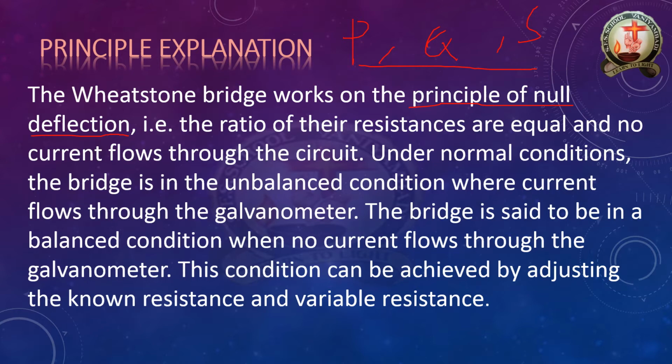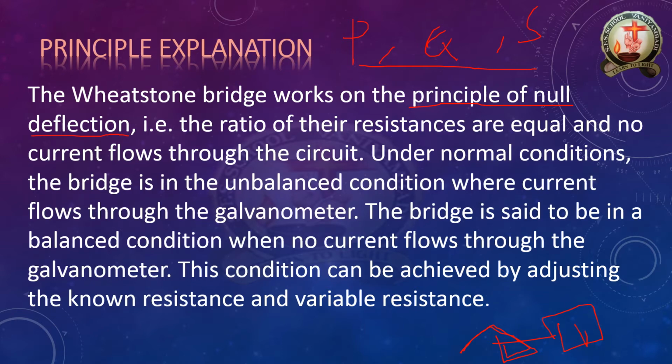So no current will flow through this one, but R has a tendency to flow a current from one end to the other via the galvanometer. So the difference will be zero and there will be no flow of current. Hence, we obtain a null deflection of the galvanometer. So the circuit will be like this. We are passing the current from here to here, and here means that no deflection will happen. The galvanometer shows 0 only.